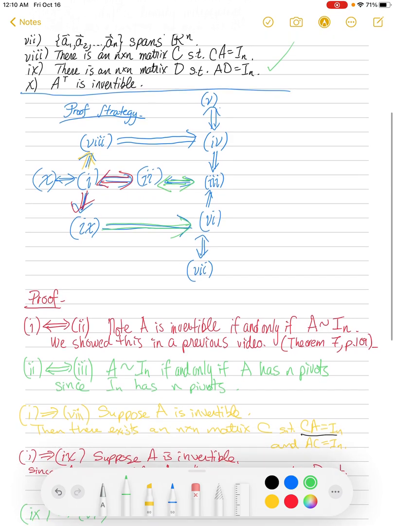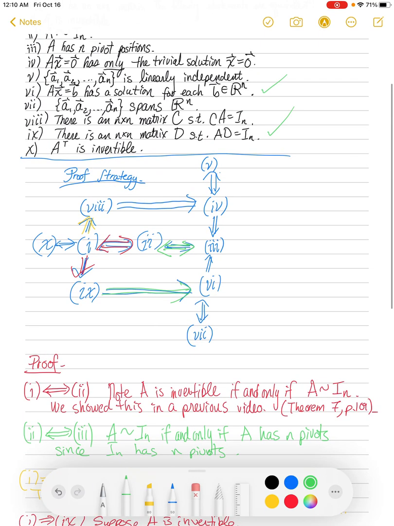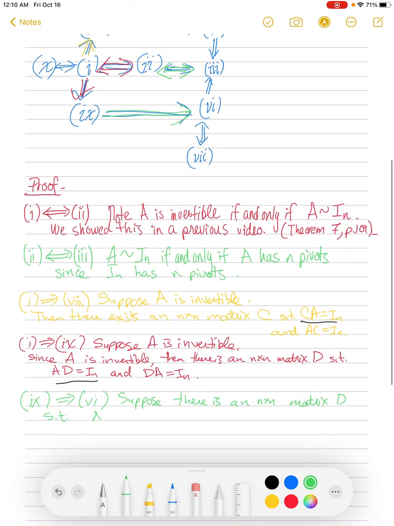So we start by assuming 9. Let's remember what 9 is. There's an n by n matrix D such that AD is identity. So suppose there is an n by n matrix D such that, what was it, AD is the identity? Yeah. Equals the identity matrix. Now, if you were to go back,